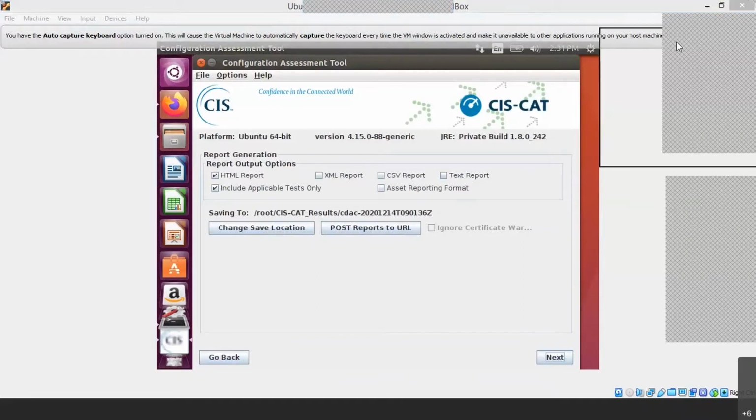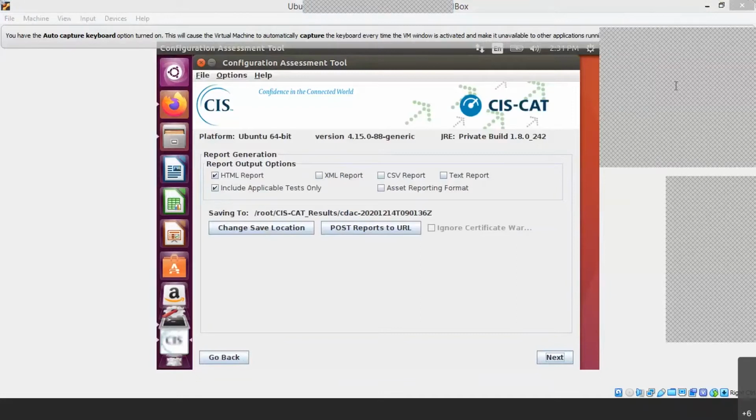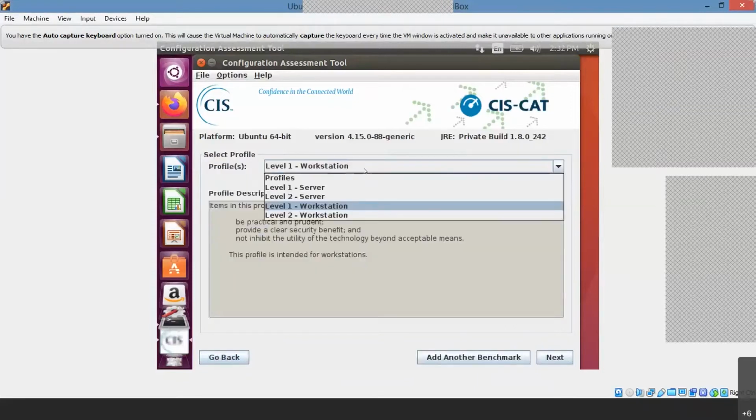Yeah, so I think someone has raised a question. Please explain the level concept again. Yes. So I think I will go back. Yeah. So this is level 1 actually, sir. Level 1 is applicable for work group. Work group is nothing but the PCs which are not connected to your Active Directory domain.